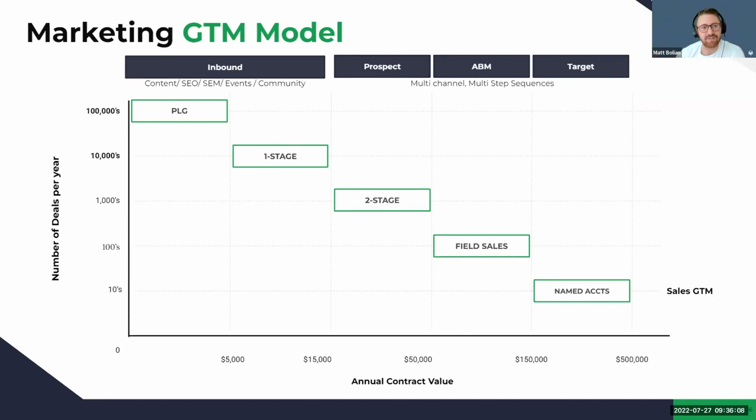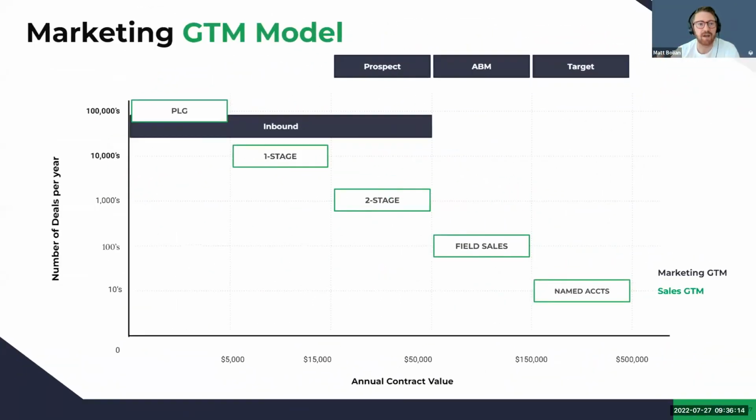Now, what I'll do next is look at how these fit within each one of the stages of what your marketing team's doing. So first is inbound. Inbound is actually done from PL in coordination with the PLG motion all the way to a two-stage motion. This is HubSpot's bread and butter. They created the word. You could almost say they have defined and created the word inbound. And this is where a lot of the agencies in the HubSpot ecosystem are really good, doing inbound, creating content, creating thought leadership, doing events, doing campaign attribution, and understanding that. And that's where the majority of marketers today spend most of their time.